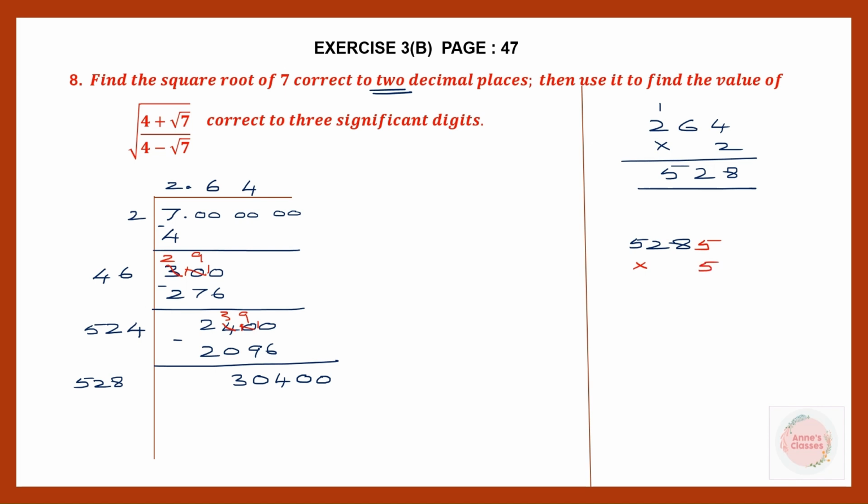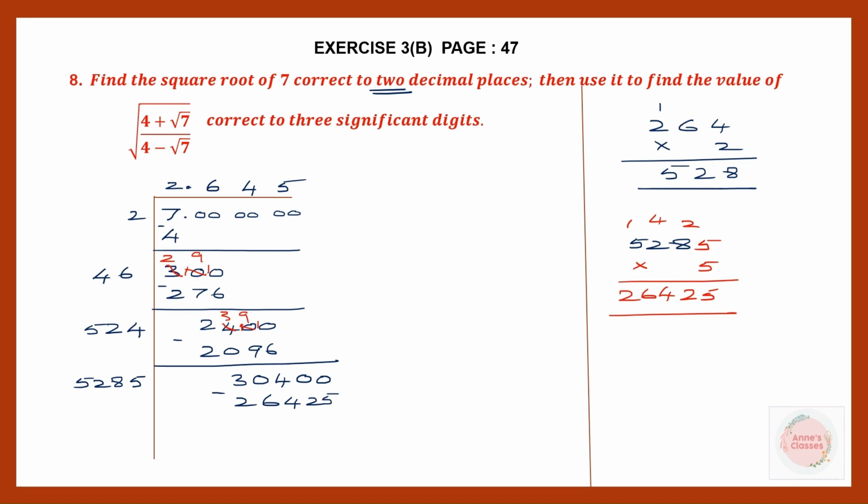5 5s are 25, carry 2. 5 8s are 40, 41, 42, carry 4. 5 2s are 10, 14, carry 1. 5 5s are 25 plus 1, 26. So here we have 26,425 when we multiplied with 5. So next to this number, let's write 5. So we'll put 5 here. So now it's become 5285 into 5, which will give us